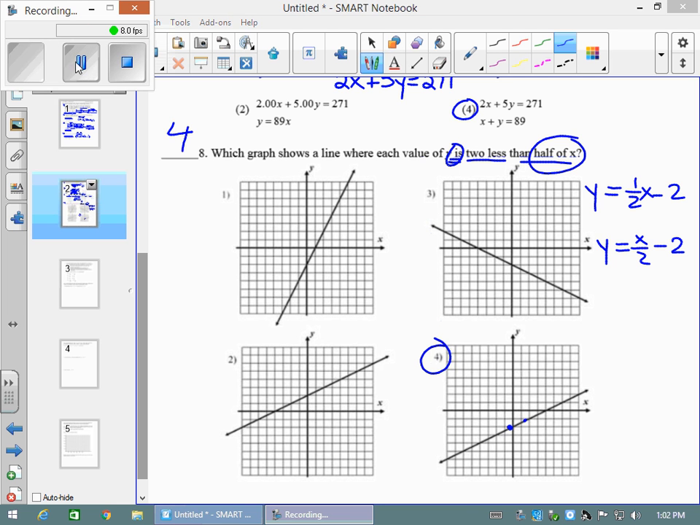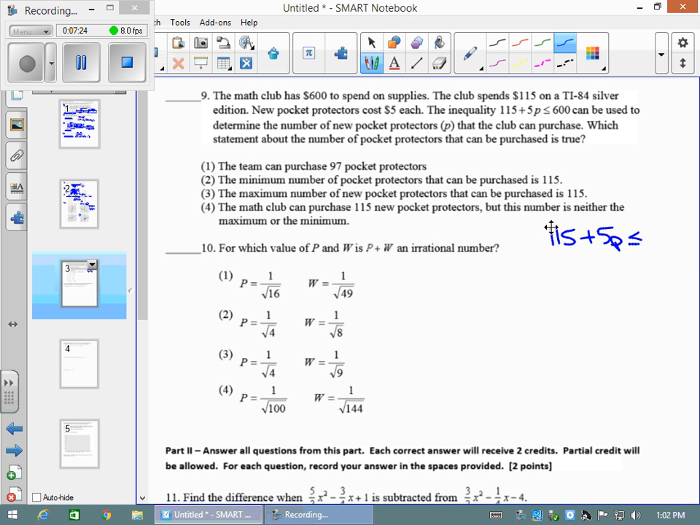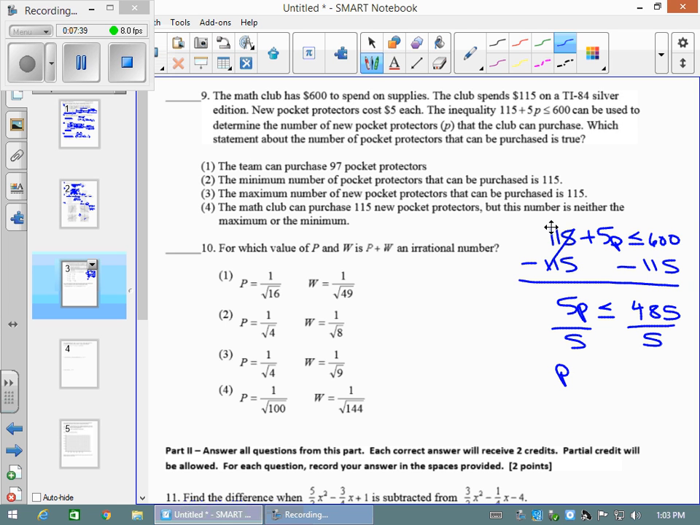Okay, taking a look at question 9, you want to try to solve the inequality. So, given the inequality, 115 plus 5p is less than or equal to 150. To isolate the p, I would subtract 115. So 5p is less than or equal to 35. Then divide both sides by 5. You get that p is less than or equal to 7. The correct choice, since p is representing pocket protectors, would be